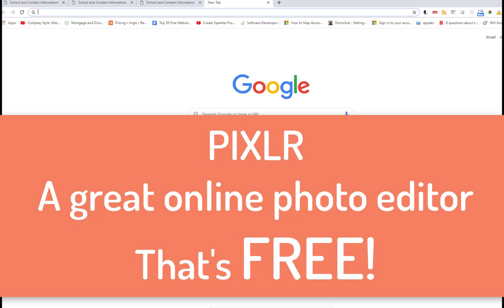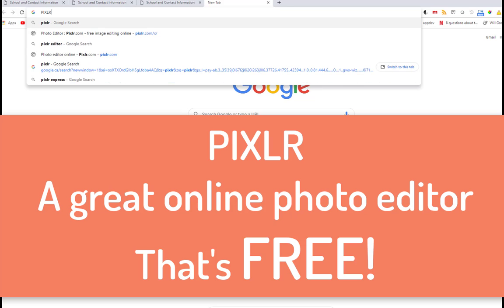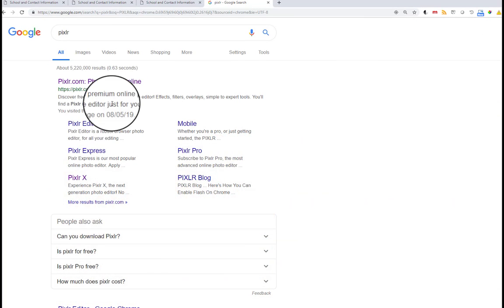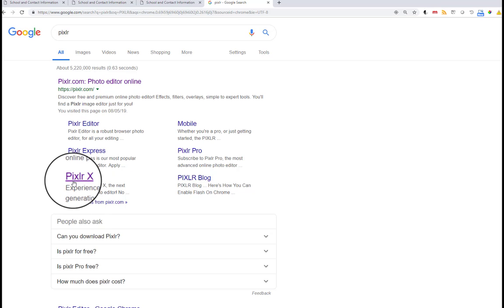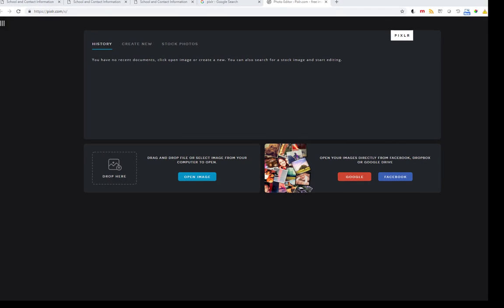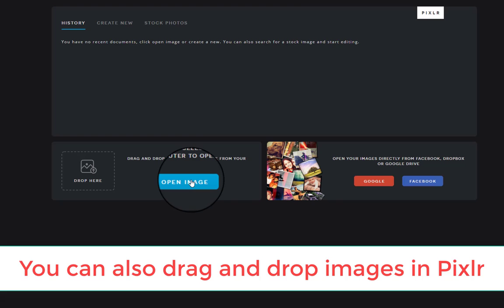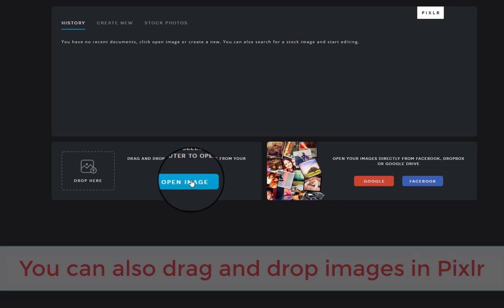For this demo, we're going to use a really great online editor that's free called Pixlr, P-I-X-L-R, and when you Google it, you'll see that it comes up with some different options because it has a bunch of legacy editors. But the one we're going to use is Pixlr X, which is brand new and really fantastic. The Pixlr X screen is really simplified. You can drag and drop an image, or you can open an image using the standard go and get it